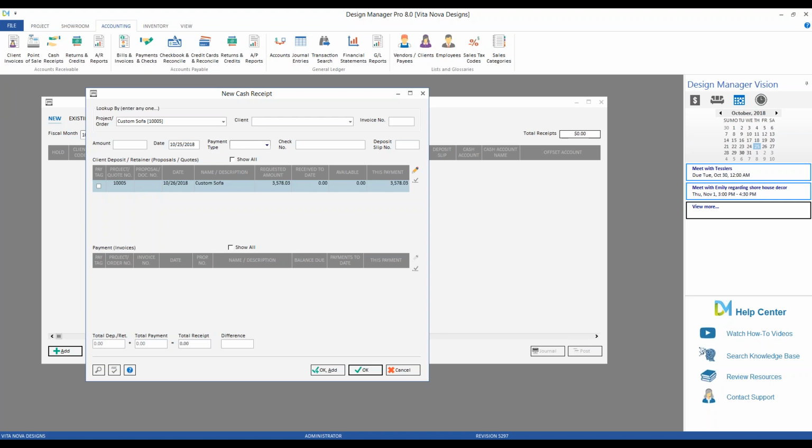So our amount on our check was $35.7803. Let's say that we received this on the 28th. Payment type was a check. Check number, optionally put in there representing the check from Mr. Brennan. All we have to do then is select or tag our deposit on our custom sofa, and then we